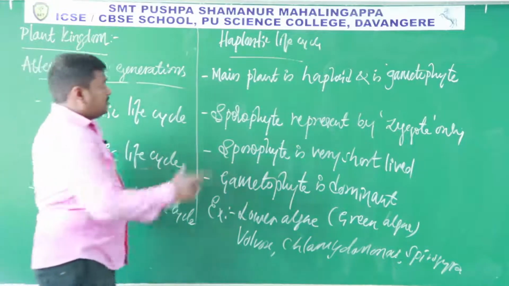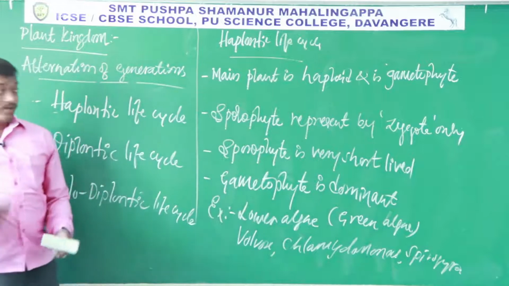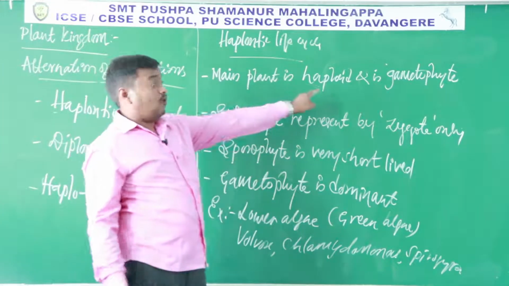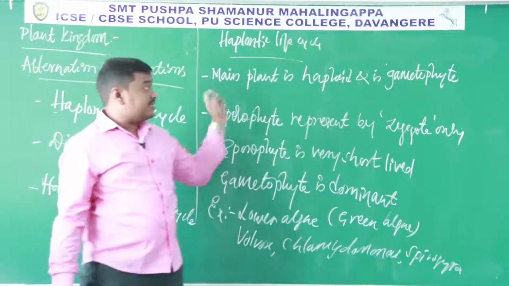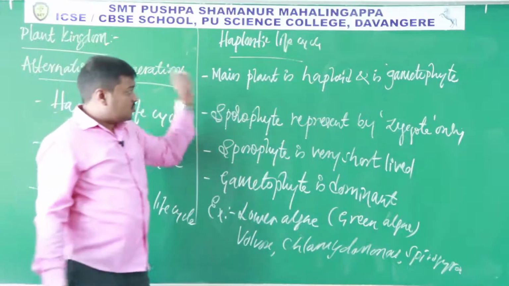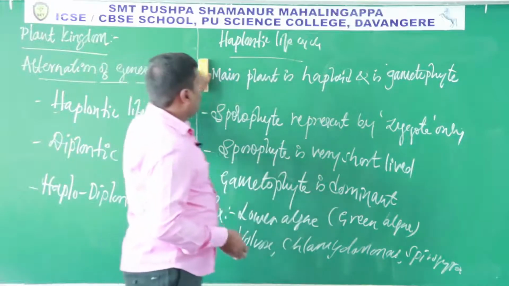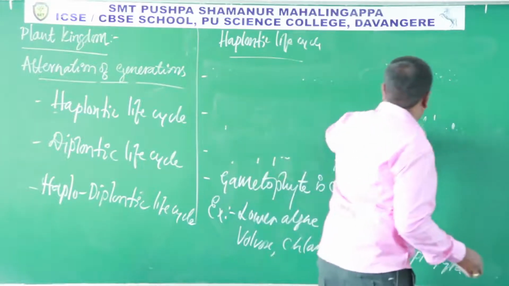Okay, so this is the brief description about the haplontic life cycle. You should remember this. Main plant is haploid and it is gametophyte, and that gametophyte is dominant and the sporophyte is very short-lived, and it is represented by zygote itself. Okay, so how do we represent this in a diagrammatic fashion, how you can represent this haplontic life cycle,